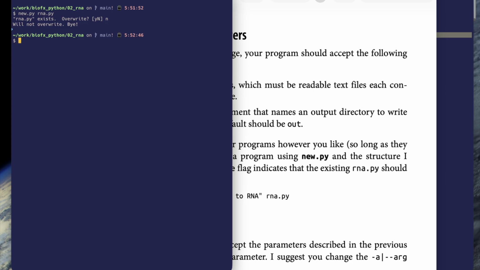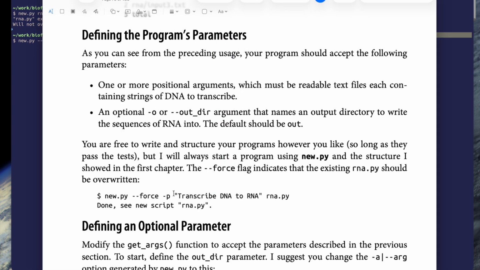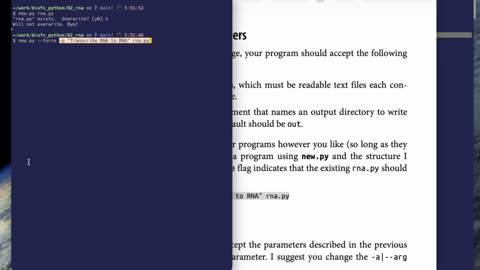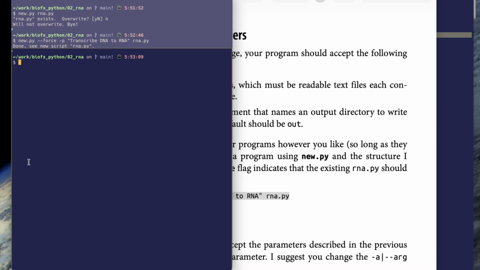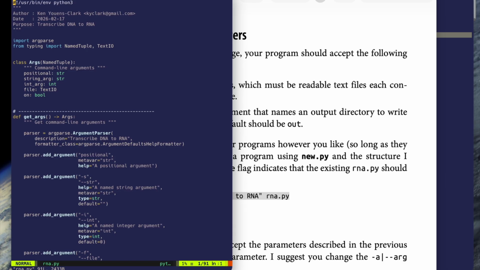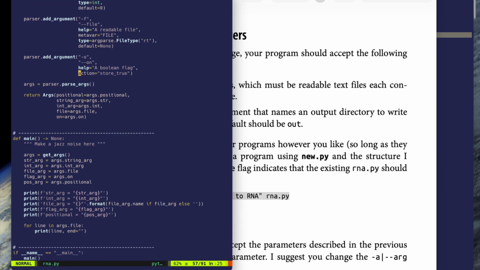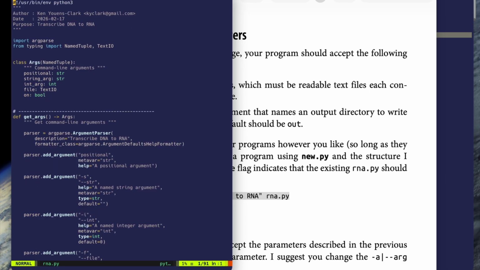And if I run it instead, new.py with --force, then it will overwrite that. I also want to add the program description of transcribing DNA to RNA, and I want to call it RNA.py. So if I do that, and then I open up RNA, I see I have a nicely formed program here that I can start with, and I can whittle it down to have the arguments that I need for this specific program, and I think that is an easier way to start than trying to write all